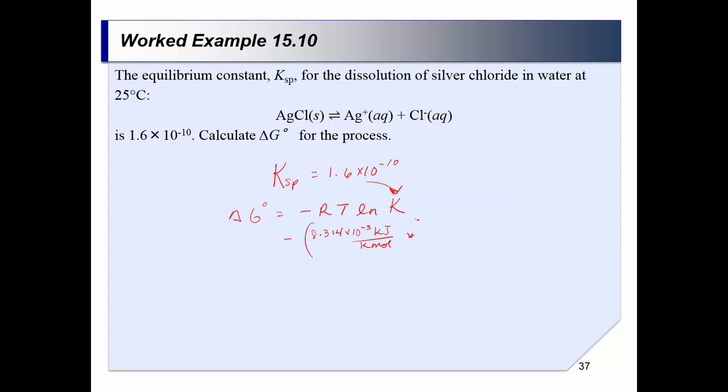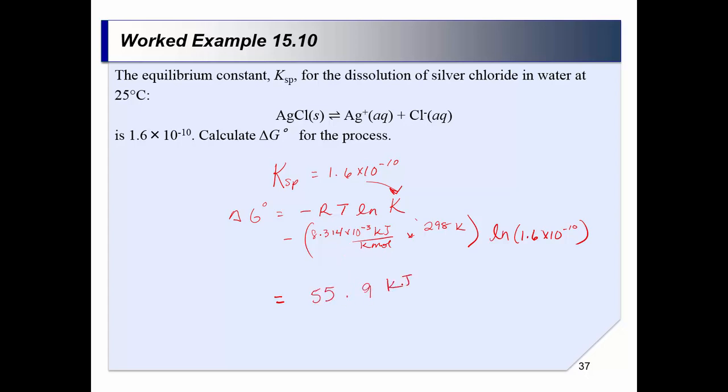My temperature is 298 Kelvin. And then I need the natural log of 1.6 times 10 to the negative 10. Make sure you are using the ln button, not the log button. ln, natural log. So I get my delta G naught value, when I multiply these together, is